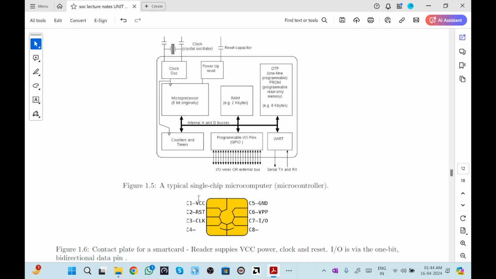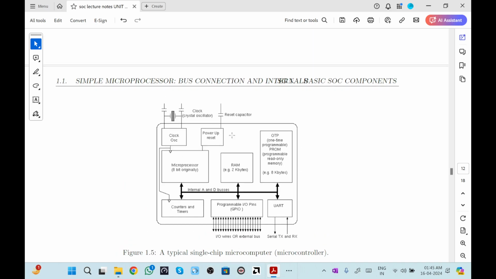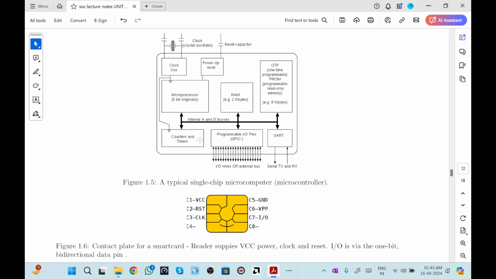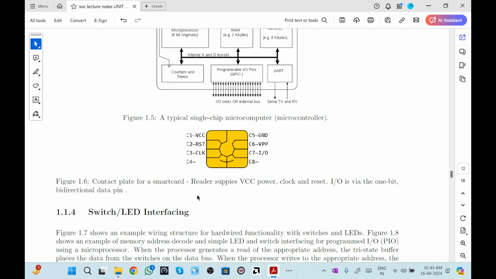For the basic microcontroller architecture, we have a microphone, and we have this chip, like the SIM card, over here. You can clearly observe that there are different sections in this SIM card. The SIM card has ground, VCC, reset, clock, and then input and output signals. This is the basic microcontroller architecture. SIM is basically a microcontroller, or a type of microcontroller, because it has all the necessary input and output signals required.